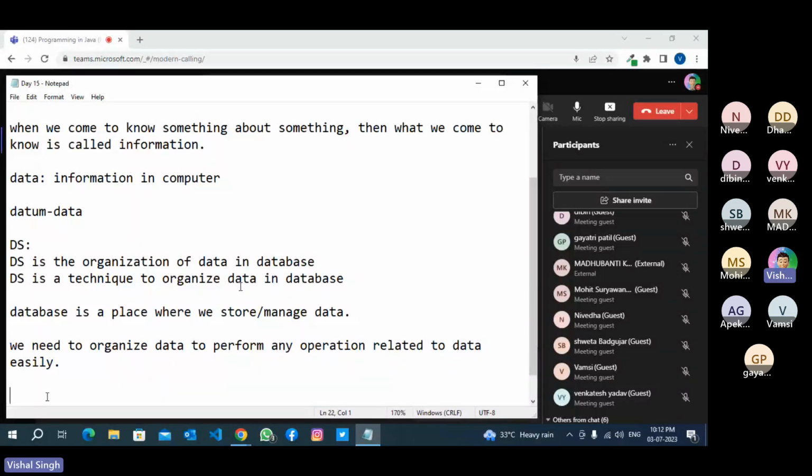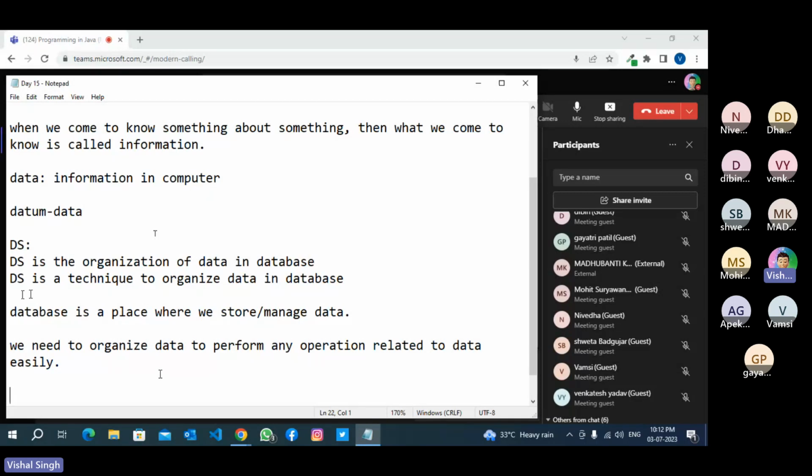So what is data structure? Whenever you work on a database, say you are developing software like MySQL or Oracle, where people will be writing queries to get specific data and perform data operations.